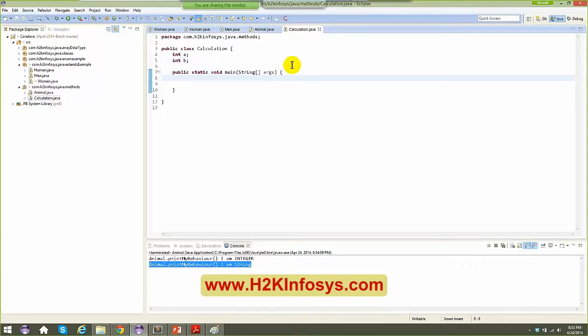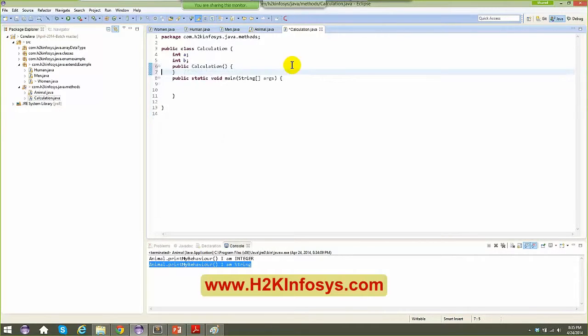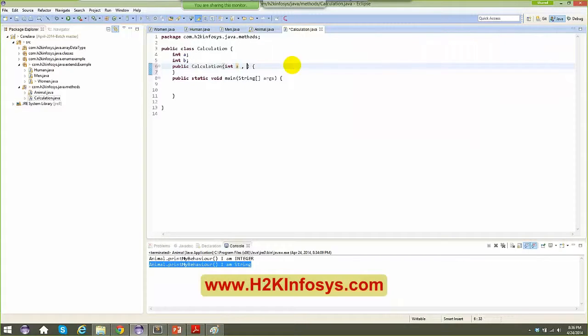Okay. Now I'll be having a constructor Calculation, which is going to take, the moment you create an instance of a calculation, two values, because there is no point in creating an instance of a calculation when you don't have any value to calculate, right? So I need to say here int a comma int b, right? So this is the way I can basically give a and b, and I can just say this.a equals a and this.b equals b,